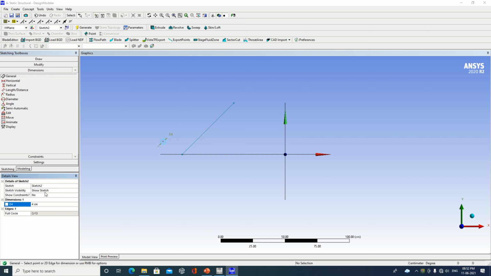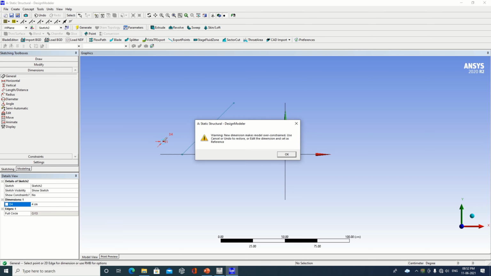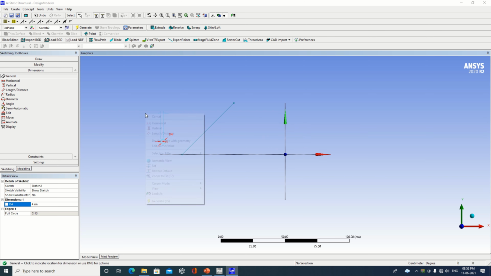Then specify the distance of the circle from one end. Say this is 90. Similarly, specify a distance from this point to the bottom, say for example 10 over here.